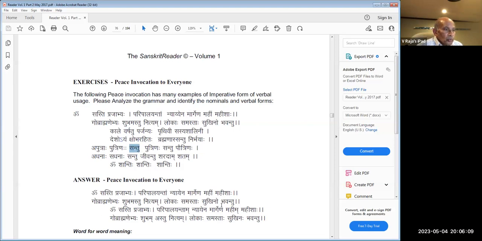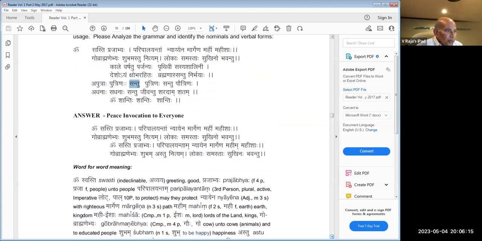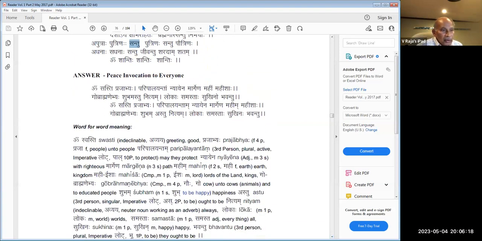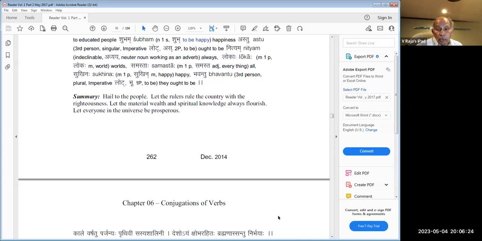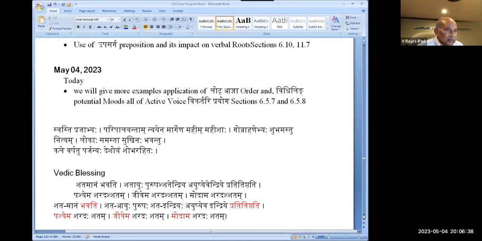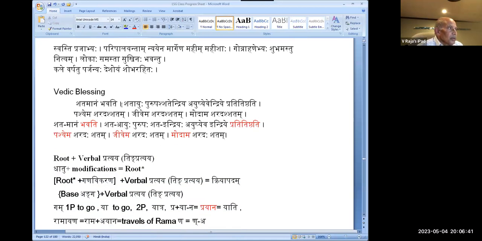So what I want you to do is identify all the verbs. If you can't identify, it's given here in the grammar in detail, and we change that to the load or withering and see what happens. Then I also gave you a Vedic blessing. Let me go back to the Vedic blessing. This is a common thing. Shatamanam bhavati. I just wrote it, it's actually bhavatu. I was giving you in this form. Shatamanam bhavatu. Let me change that.